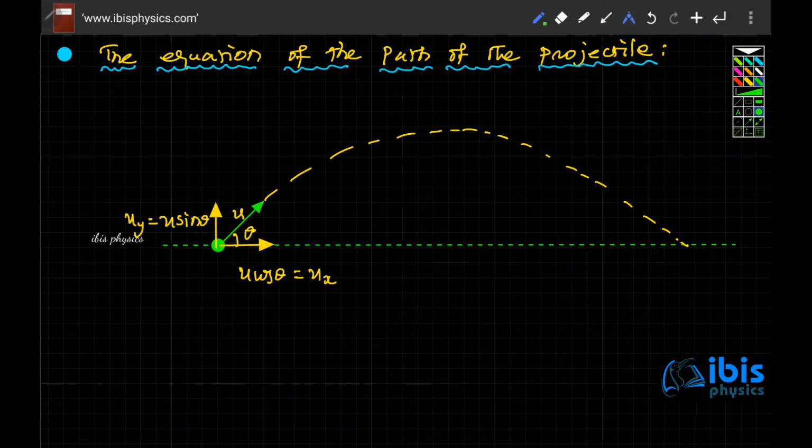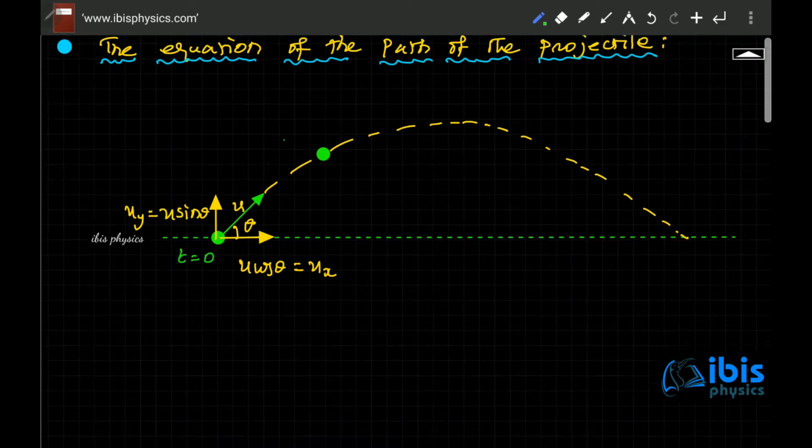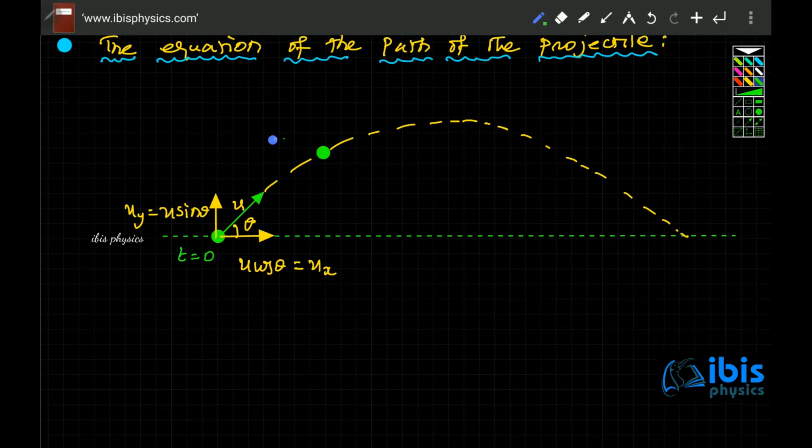After a while, this ball, let's say it goes here. If the time taken to go from here to here is t seconds, then at the time of projection here, the time is 0. After some time, the time taken, let us say, is t seconds. The projectile, the stone that you have thrown, has come up to this point. By the time it reaches here, it has covered some horizontal distance and some vertical distance.